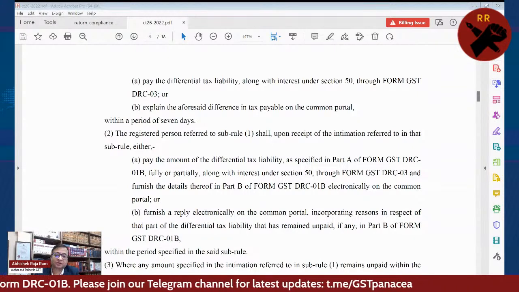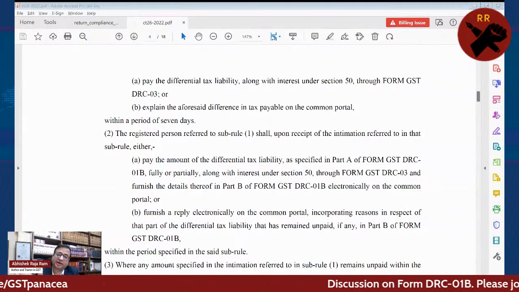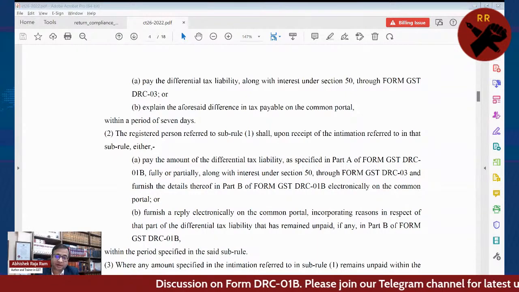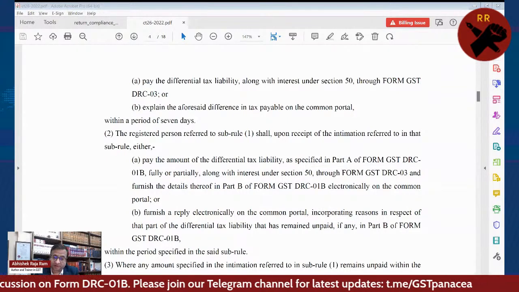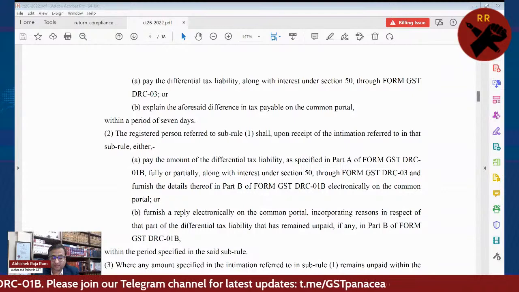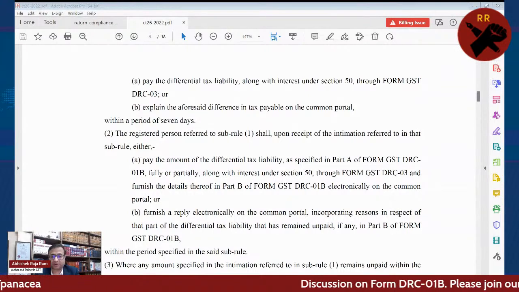Next step is, let's say whatever the differential liability is, you accept it. So you will pay through DRC-03 और उसका ARN number डालकर आप यहाँ फॉर्म में रिप्लाई करेंगे. And if you don't agree with the liability, then you will tell them that this is not agreeable liability, I have issues, and you will submit your explanation.